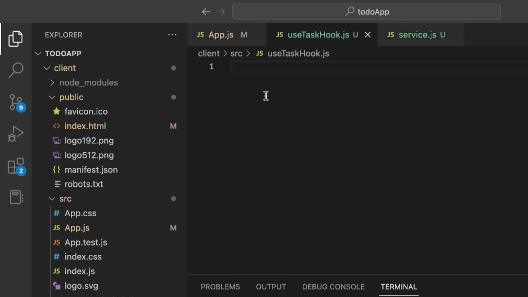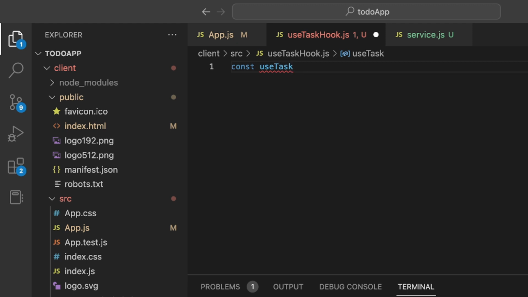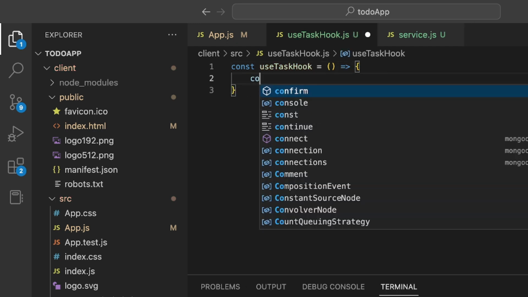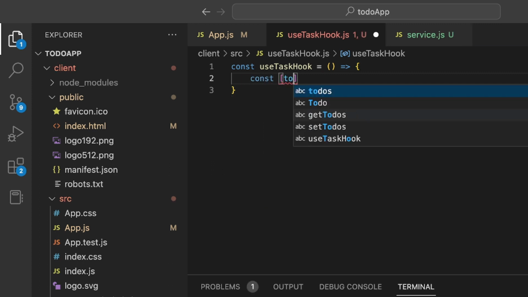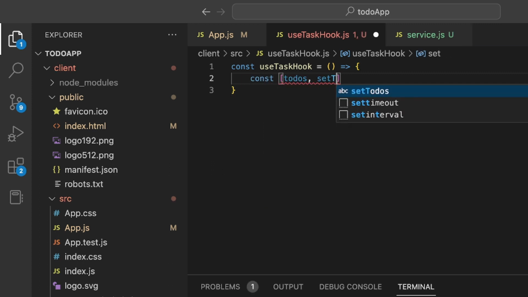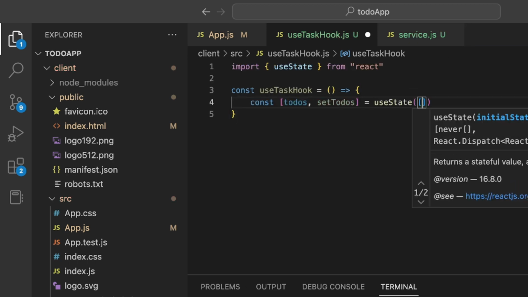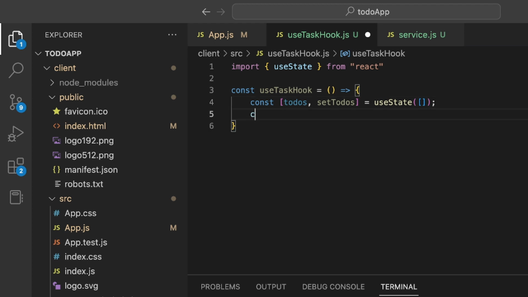Now I am going to create a function, and the name is use task hook. So now first we are going to create the variable we are going to fetch. The variable name is todos, and we add one function called setTodos, and by default it is set to be a state with an empty value. Okay, also we are going to